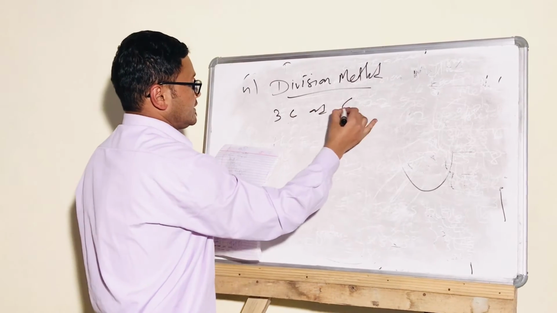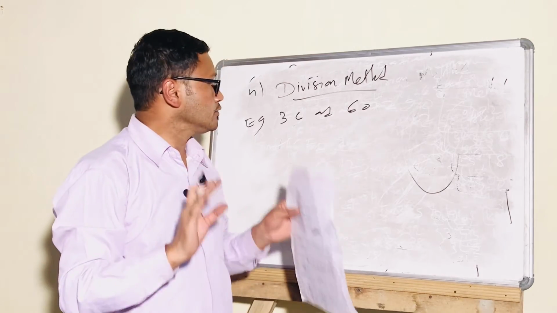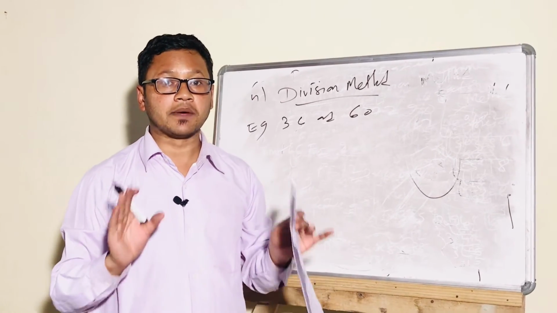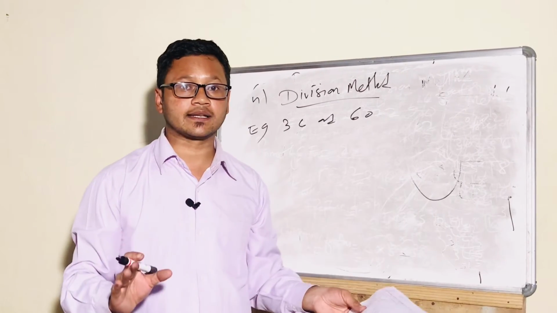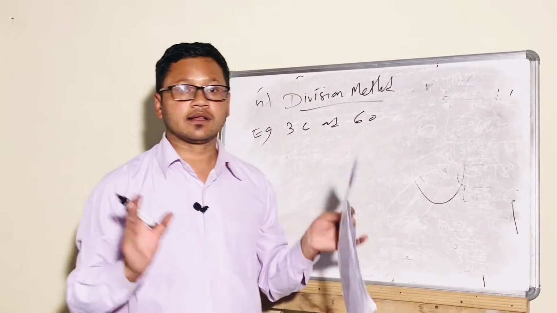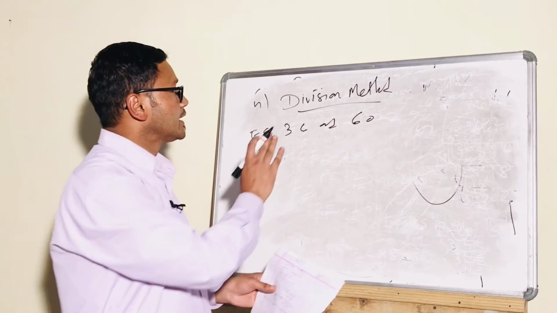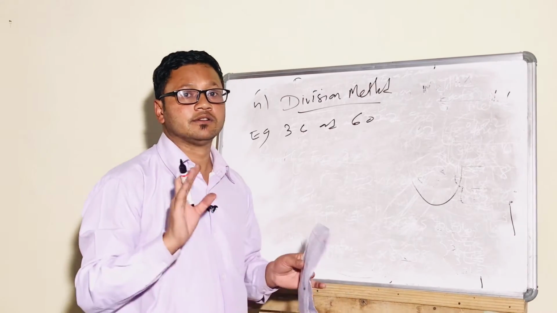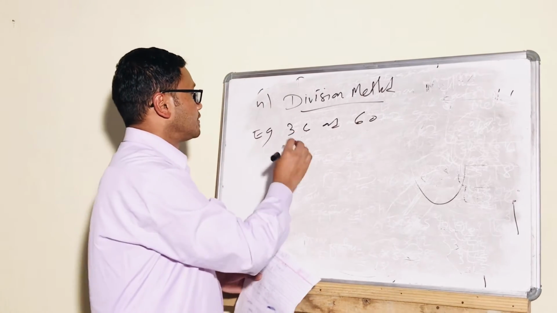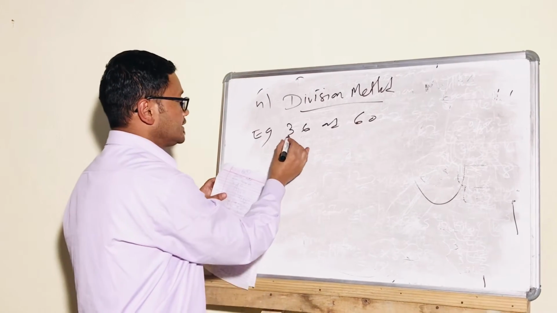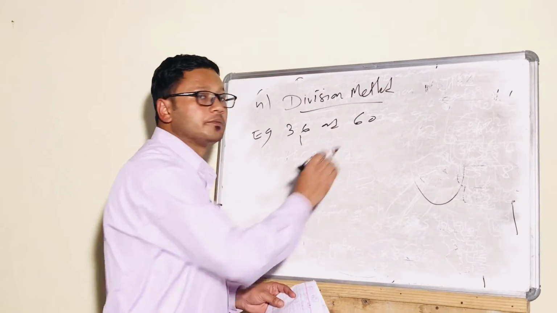Okay, 36 and 60 example. In school the two most famous processes or methods are prime factorization and the division method. Others we can also take, but when we go to the book, these two methods are given the most priority. That means prime factorization or the division method. Now division method, 36 and 60. Regarding these two numbers, 36 is the smallest, 60 is the biggest.